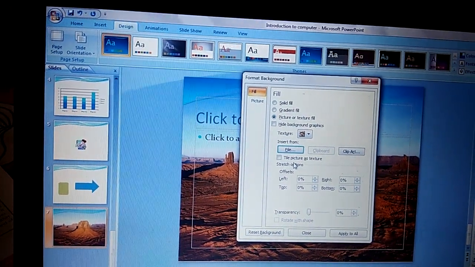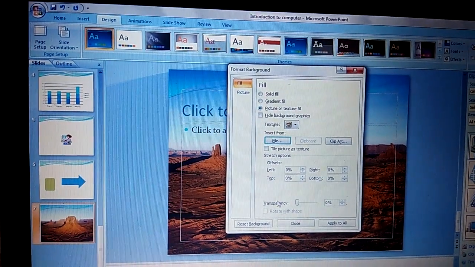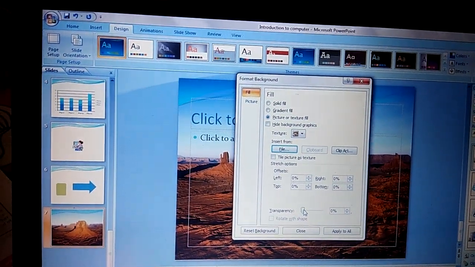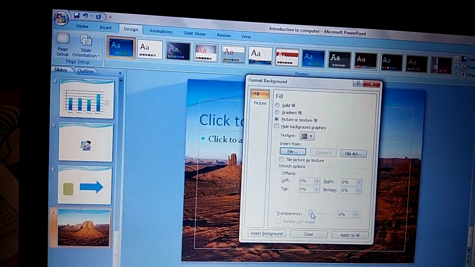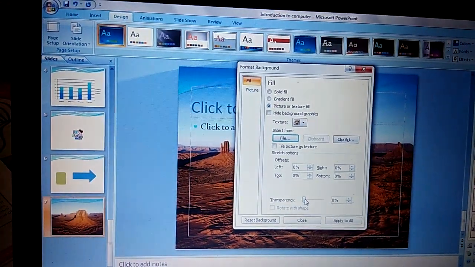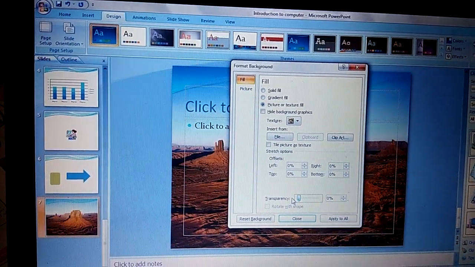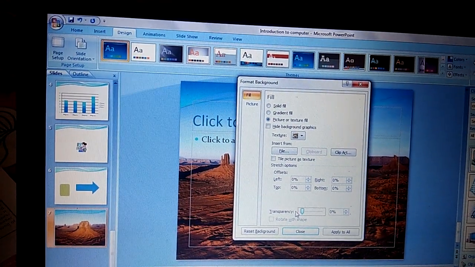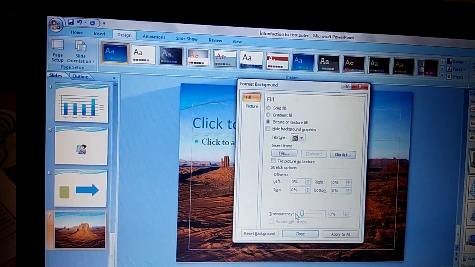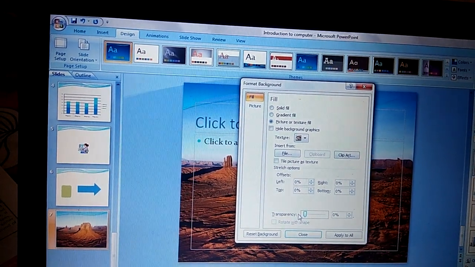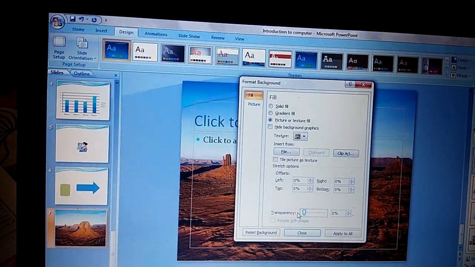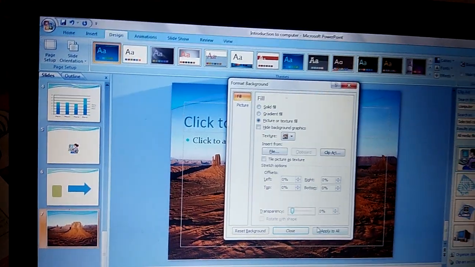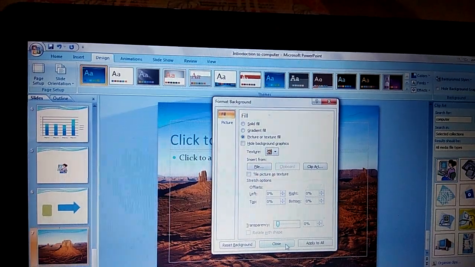If the image is dark or hazy, you can make the slide text easier to read by increasing the transparency value from here. So at the last, click on the close button to apply the custom image on the current slide, and you can click on the Apply to All button to apply the custom image on all the slides. So now here I click on the close button.